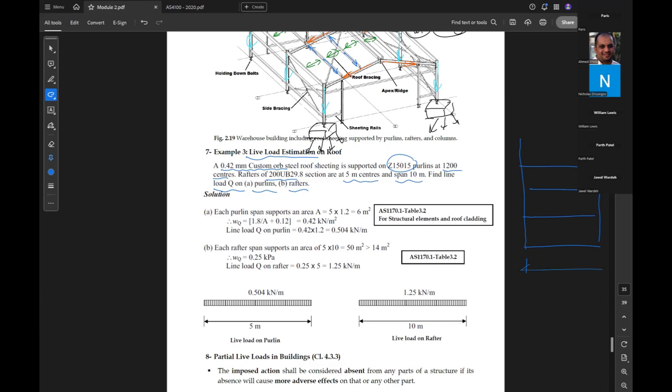So the span is 10 meter and this is the frame. The spacing of the frames are 5 meter each. In the vertical or the longitudinal direction, we have some purlins. These purlins, what is the spacing of these purlins? 1200 millimeter. So this is a small sketch of the